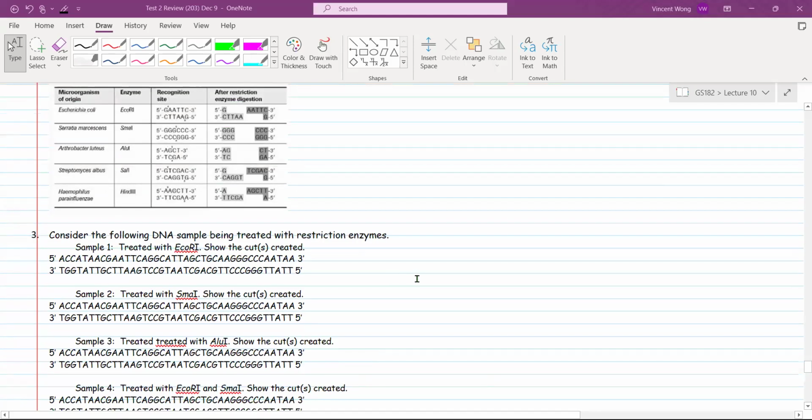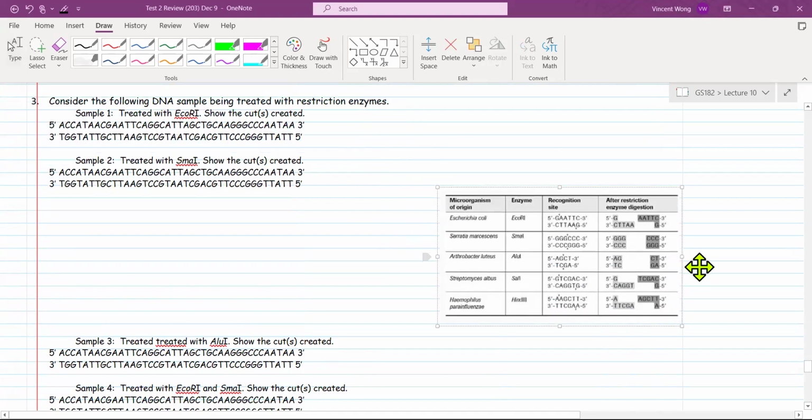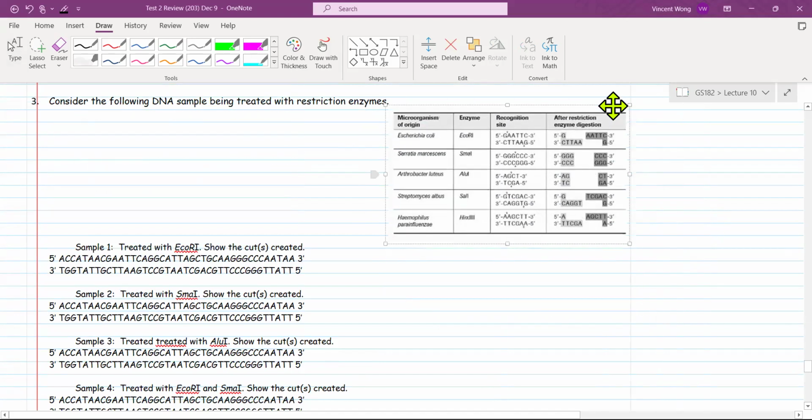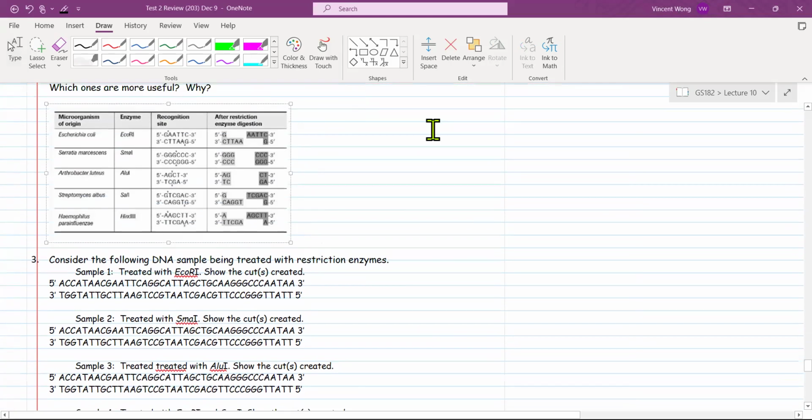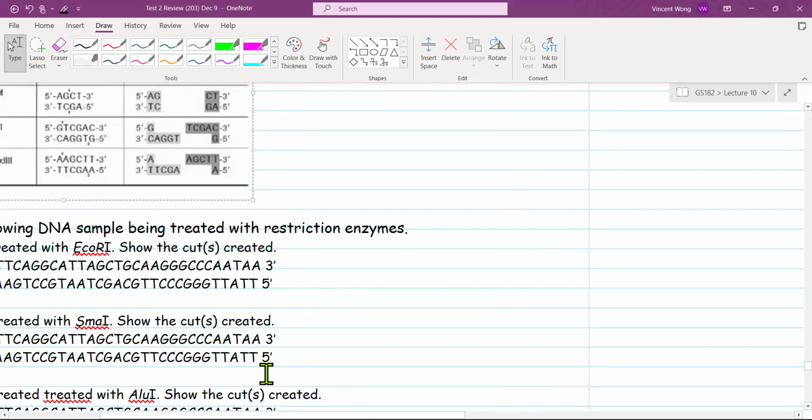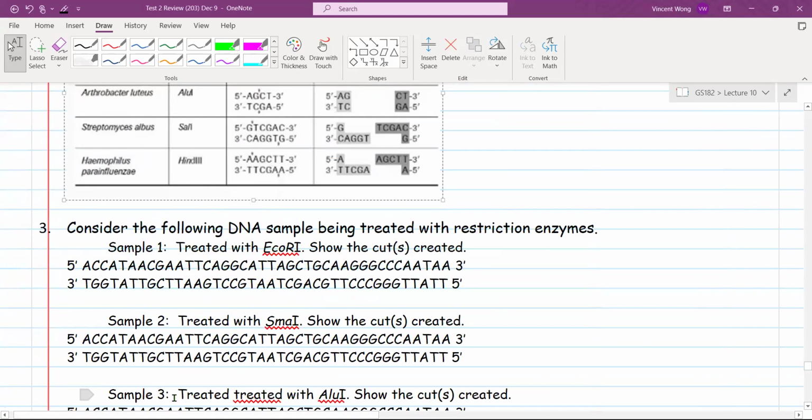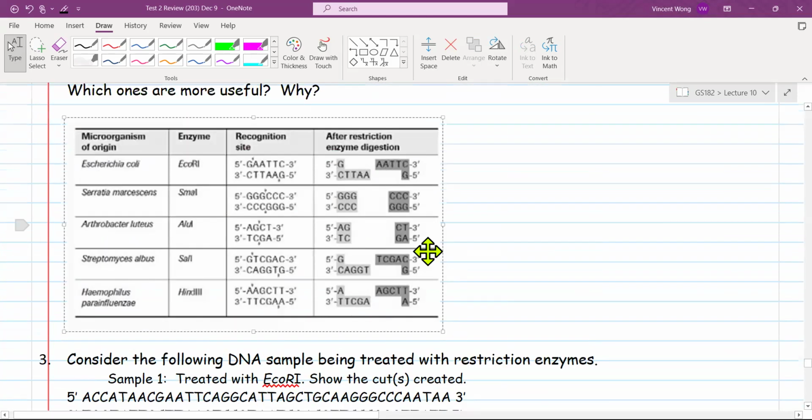Okay, so let's try this question here. I'm gonna put the thing on the side. Is it possible? Nope, not possible. So leave it the way it is. Okay, we have sample number 1. Sample number 1 is treated with EcoR1. Okay, so you have to look for the recognition site for EcoR1, which is